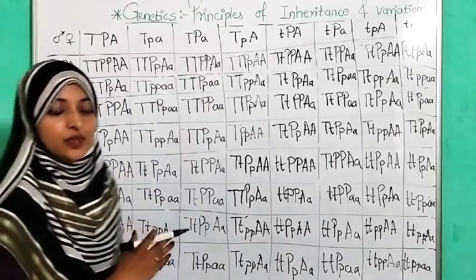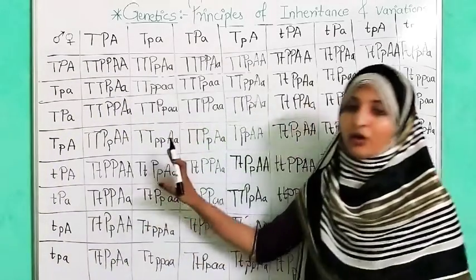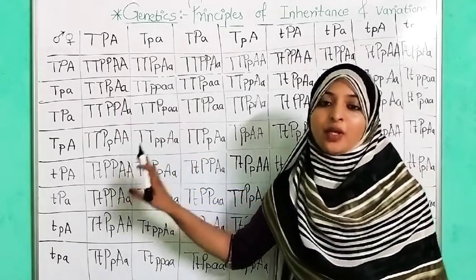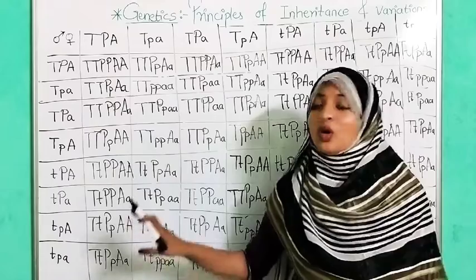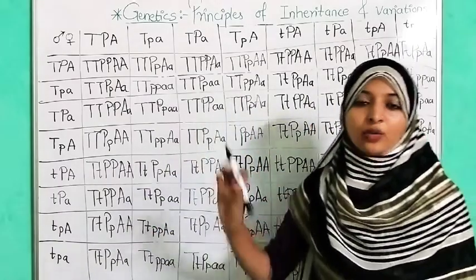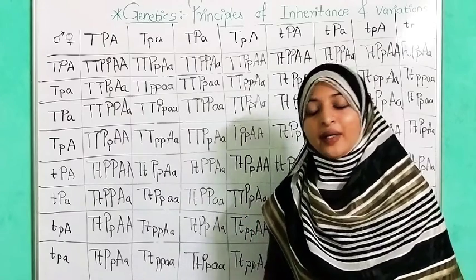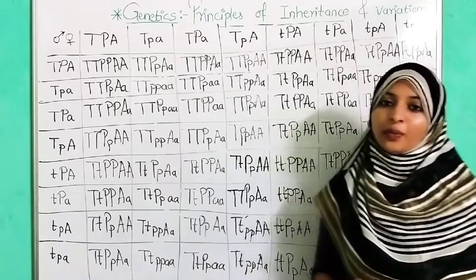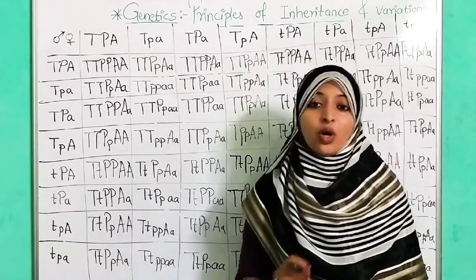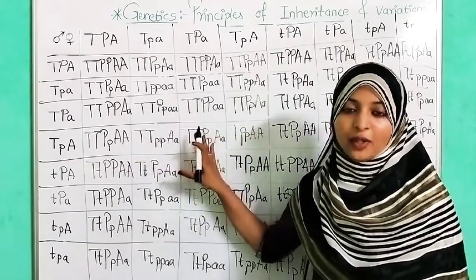Now, in this manner, we get the crossing or the offspring of F2 generation. This shows a variation in their genotypic ratio as well as phenotypic ratio. So it is not possible to draw this much while you have to solve the question in 1 minute. So for finding the genotypic ratio or the phenotypic ratio for a trihybrid cross, we need to know the orthodox method. So now we have discussed the trihybrid cross.